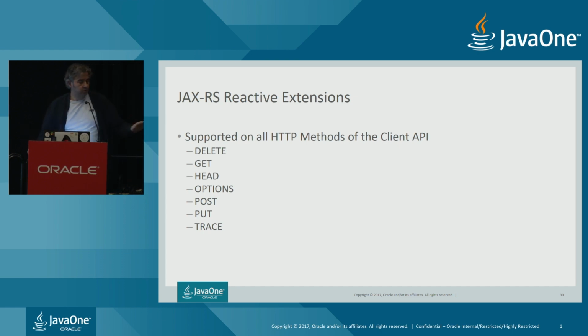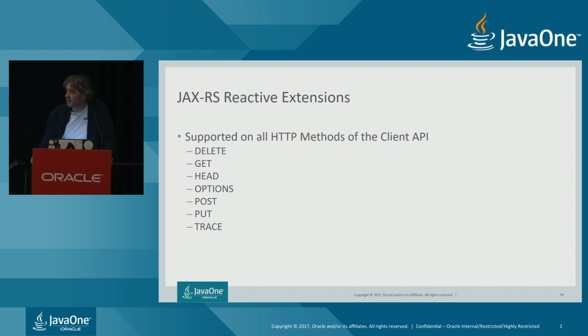Okay, so you've seen some examples using the new RX invoker that is now part of JAX-RS 2.1. You saw that for all our examples, we have been using the HTTP GET method, but it works for all the HTTP methods which are supported by the client API of JAX-RS 2.1. So that's delete, get, head, options, and so on. So basically all the HTTP methods but patch, because patch is not supported by the client API. Now, what we have discussed today is also how you can leverage JAX-RS 2.1 with the CompletionStage API, which is part of Java 8.